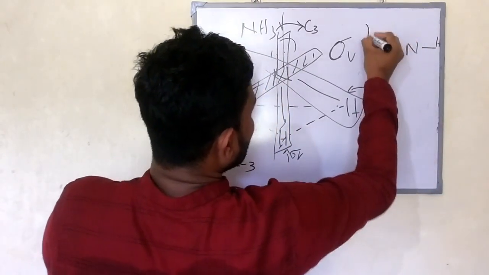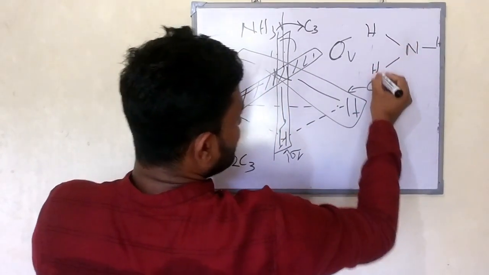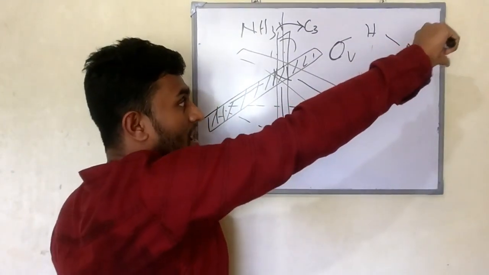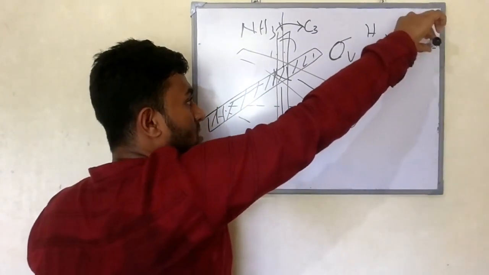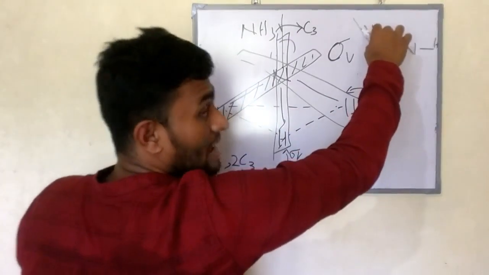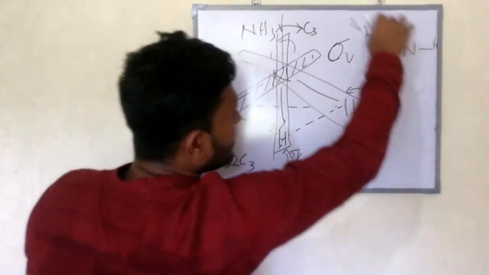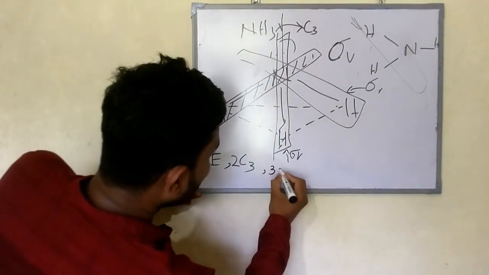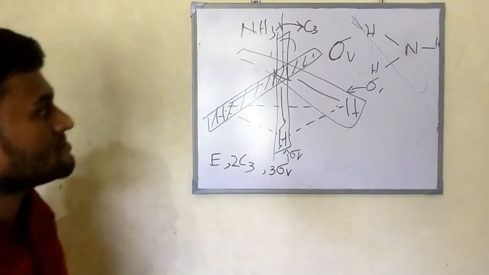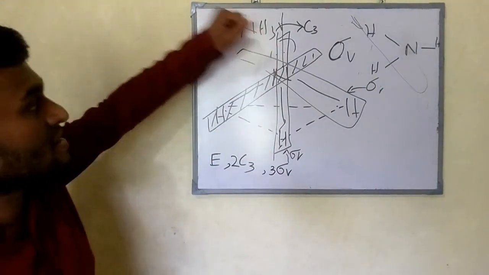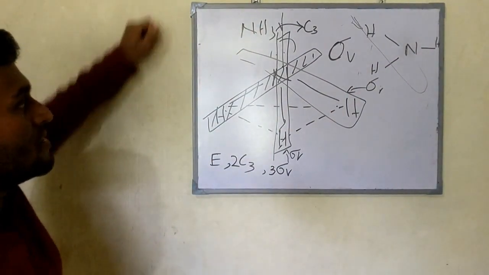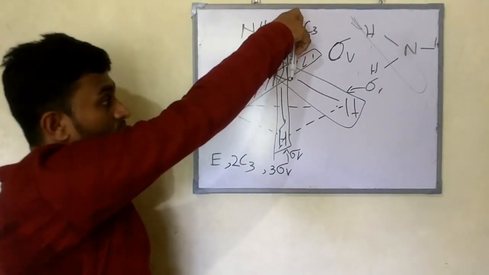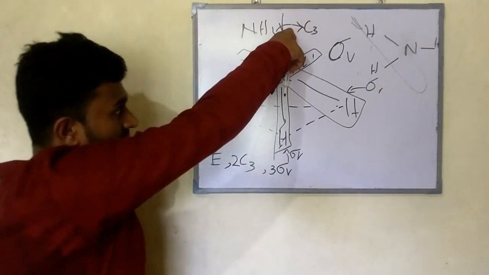N, H, H, and one H, the lone pair is here. So you can just rotate the middle. And like the BF3 molecule, you can take the sigma V axes. So 3 sigma V's are possible. But sigma H is not possible because this is the highest order of rotation, your principal rotation axis.